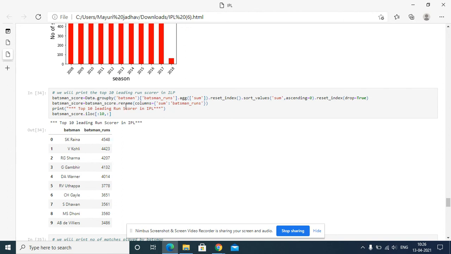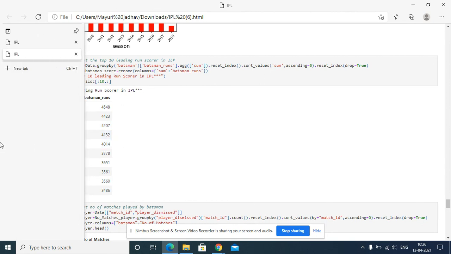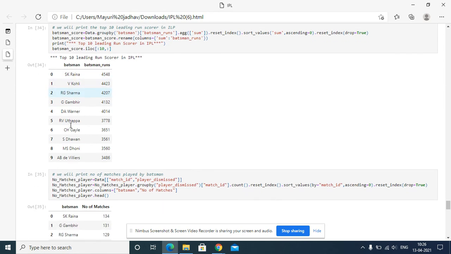Batsman score, rename column sum to batsman run. I want to print the top 10 leading run scorers in IPL, so I want the first 10, that's why I am passing this command. You see here, SK Raina, Virat Kohli, and Sharma are the top leading run scorers in IPL.